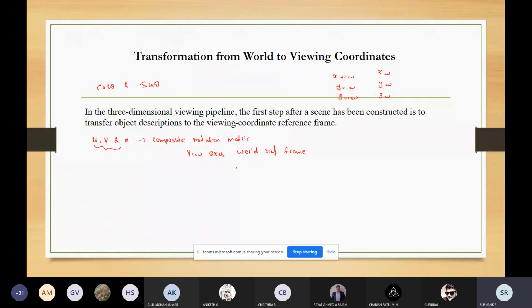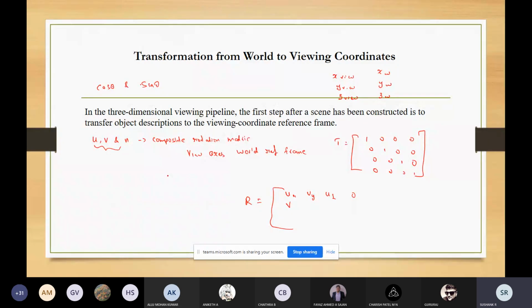So how do we write the matrix for this? Initially, the transformation matrix will be like the identity matrix, 1 0 0 0, 0 1 0 0, 0 0 1 0, 0 0 0 1. So this will be the initial matrix. If you are applying the rotation, with the UVN vectors, the first row will correspond to ux, uy, uz, and the last one will be 0. Then the second row corresponds to V.